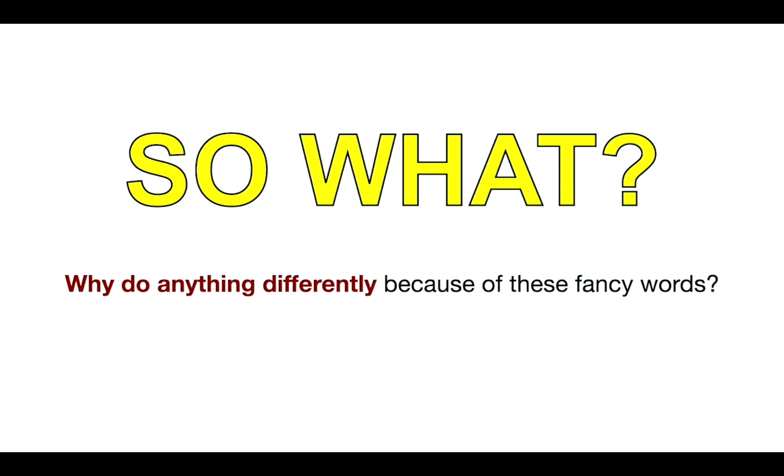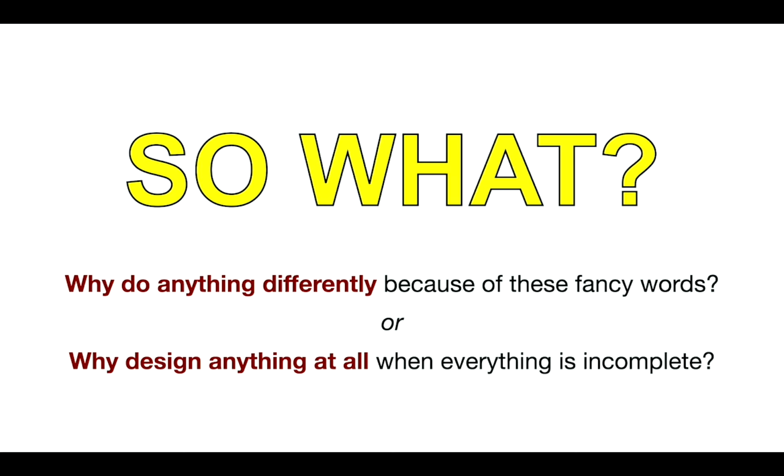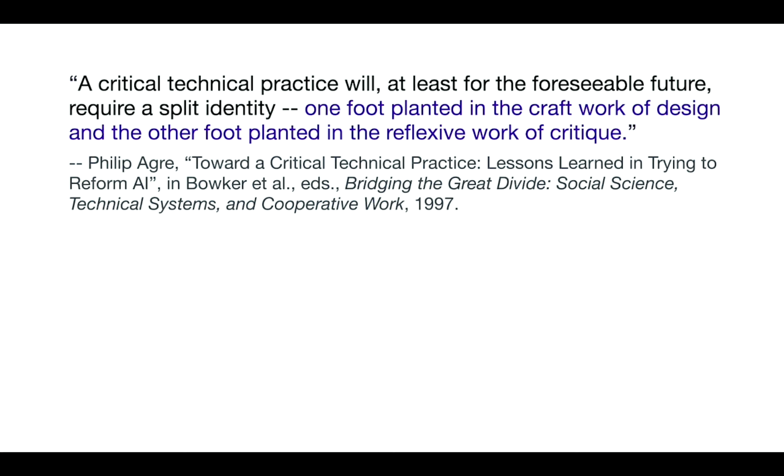I think we probably don't have the time to get into this in great detail, but the big question here is more or less like this. Okay, so what? It's a lot of theory, it's a lot of references. Why not just throw in the towel? Say it's a bunch of fancy words, that was nice, back to our familiar design practices. Let's do exactly the same as we did before. Or we end up in this nihilist sort of loop where you say, well, how can we design anything at all when everything is so fundamentally flawed and entangled with everything else and has all these particular ideologies embedded in it? And so I think the best thing that we could say is maybe to engage in a certain